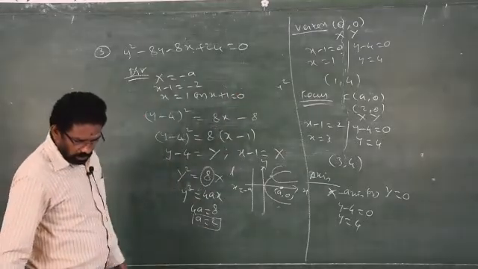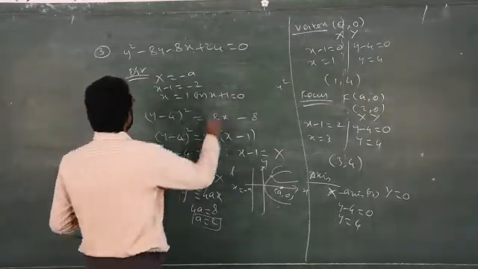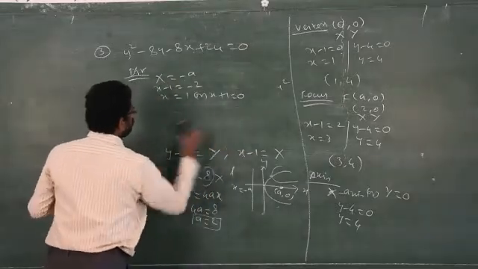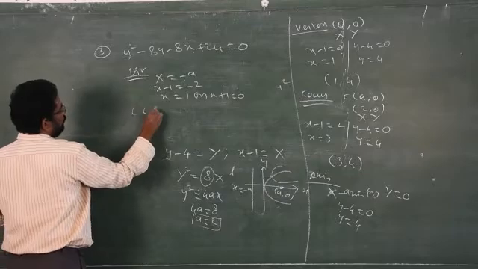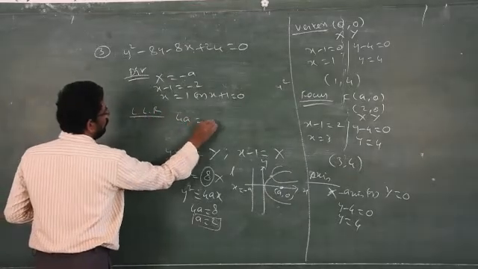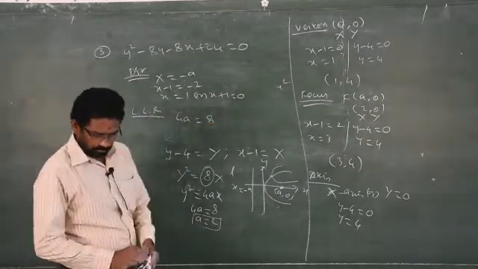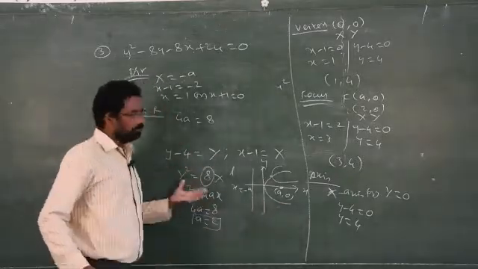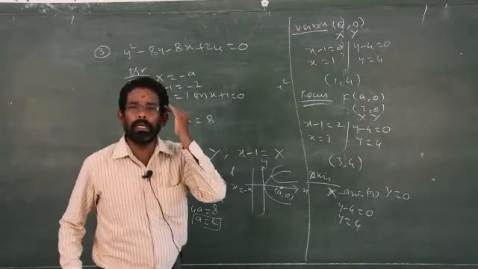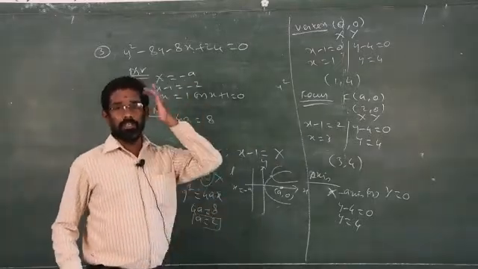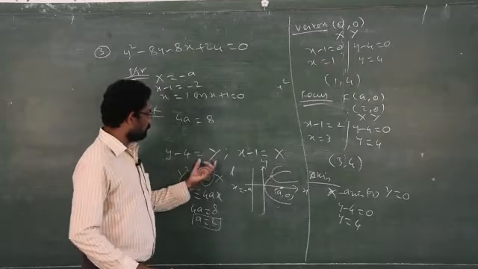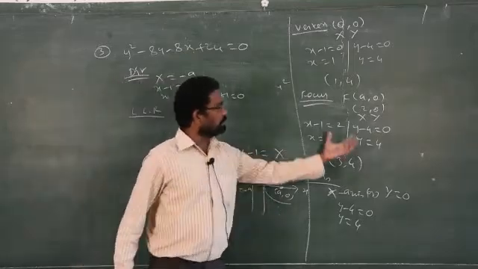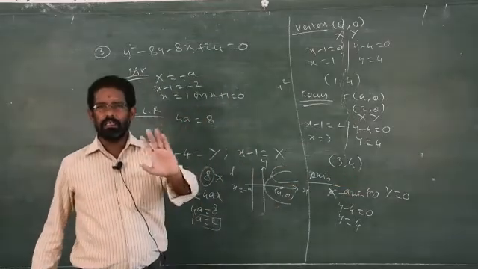So that is the directrix. Now the length of the latus rectum, very simple. What is the length of the latus rectum? LLR. The length of the latus rectum is 4a. 4a is given as 8. That's the answer. Very simple. See? Very simple. The only problem is you have to bring in the completing the square method. Once you know the completing the square method, bring it into standard form, capital X, capital Y. This is the general diagram. The original diagram is something different, that is not necessary for us.